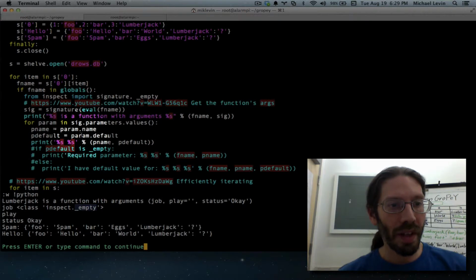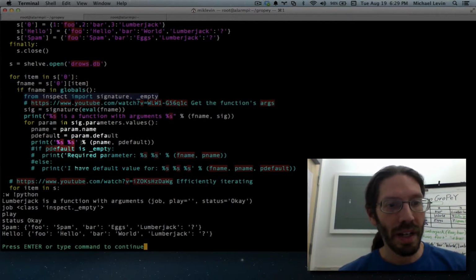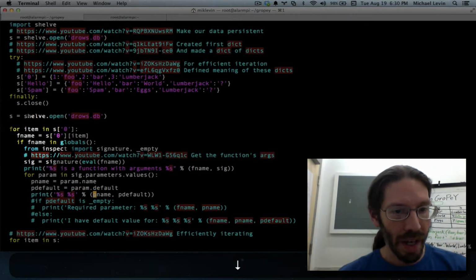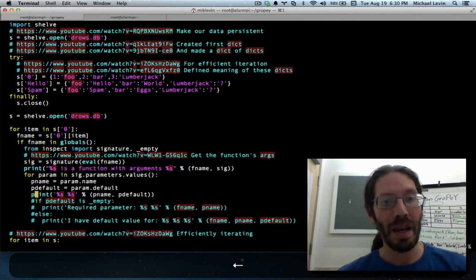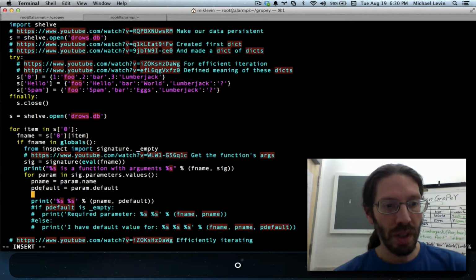And it turned out I had to extend the import from inspect import signature. It used to just be signature. I had to do comma underscore empty so that now I can do a comparison, and we will move beyond what I'm showing you right now, which is similar to the last output you saw, to new output that has an idea of truth about param default. So first I'm just going to print